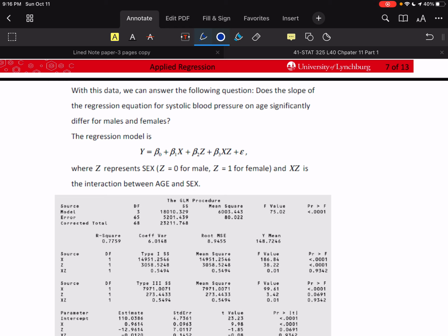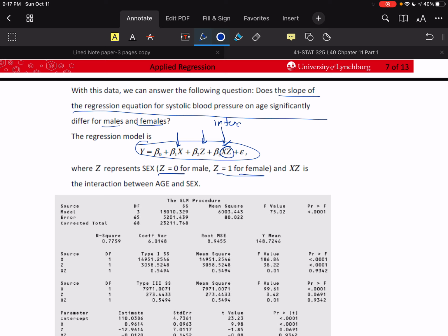Okay, so now, does the slope of the regression equation for systolic blood pressure on age significantly differ for males and females? So now we're going to look at this as, is there a difference between males and females? And so we're going to let female equal 1 and male equal 0. And here's how we write the equation. So if we want to combine this into one equation, we have to have a term for x, a term for z, and add this interaction